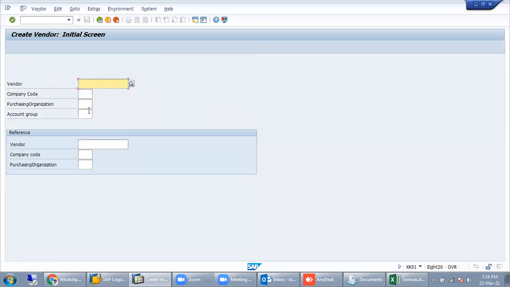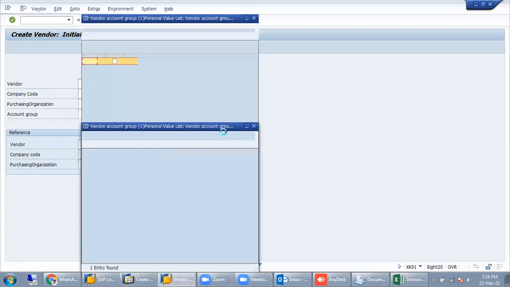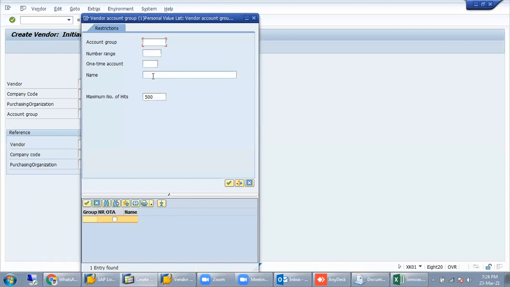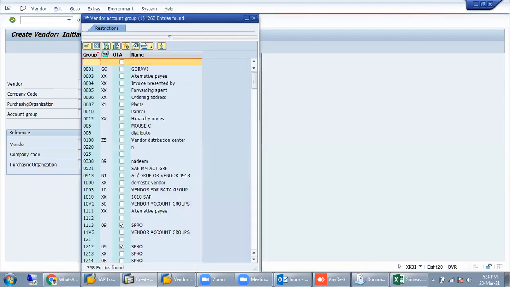So now I am going to create a vendor as per ECC. What are the prerequisites? We require a company code, a purchasing organization, and an account group. Account group is nothing but a grouping, which I have already shown in BUP1. Like whether it's a domestic, an export, an employee vendor, or a transporter vendor, or a service vendor, whatever vendor we want to segregate, we have to create one group.